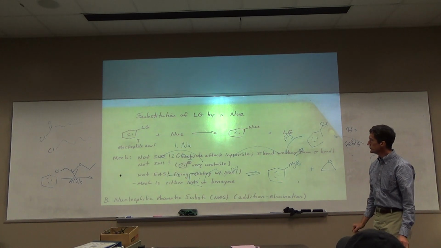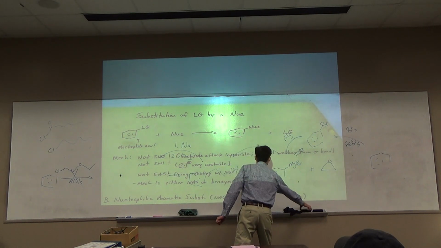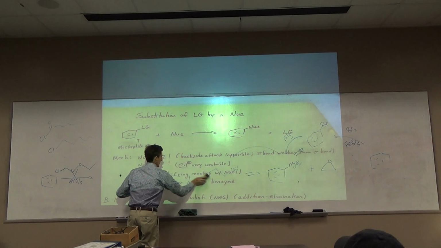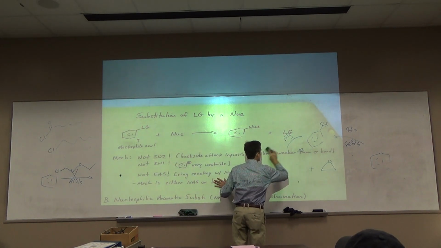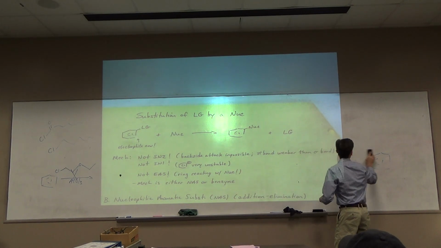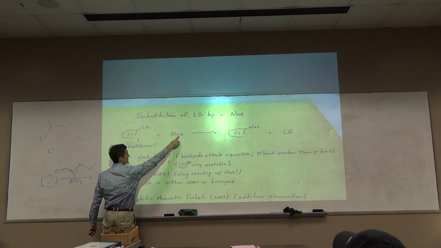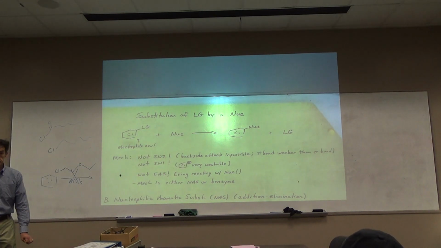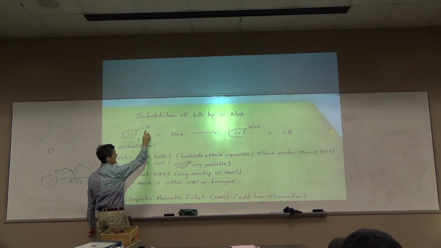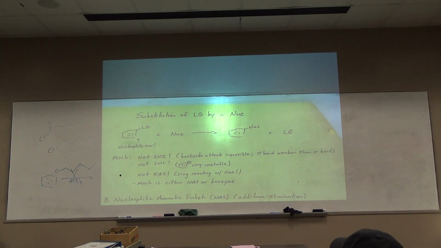So, substitution of a traditional leaving group by a nucleophile. And we're using nucleophiles here to substitute a traditional leaving group. Okay? And if that's a nucleophile, the ring must thus be the electrophile. And we can replace the leaving group with a nucleophile, just like in SN2. But this ain't SN2